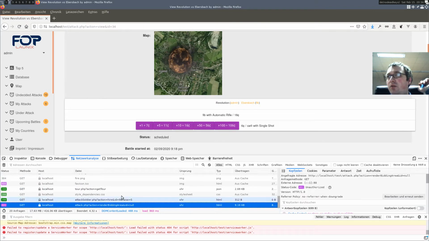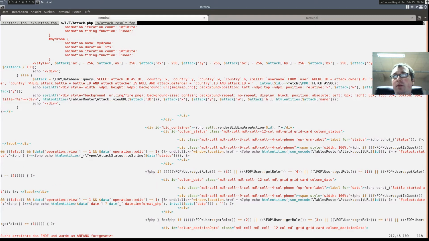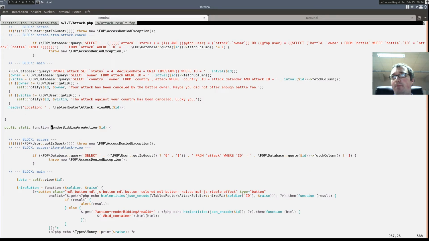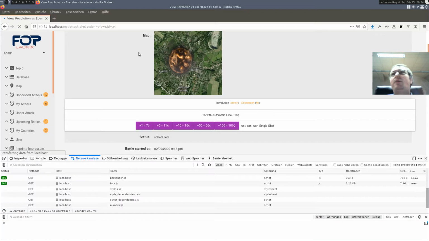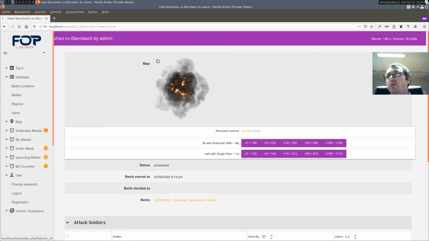There's a 401 with calling render bidding area, ID is null. But we have an ID. So let's examine the code. Oh, we just won the auction. So let's use this user.